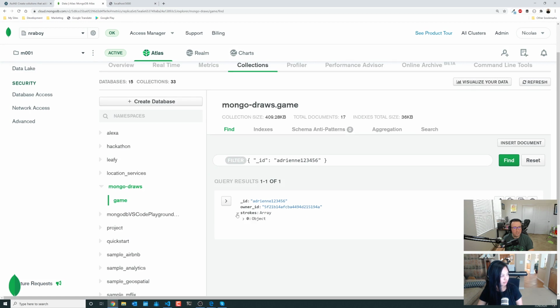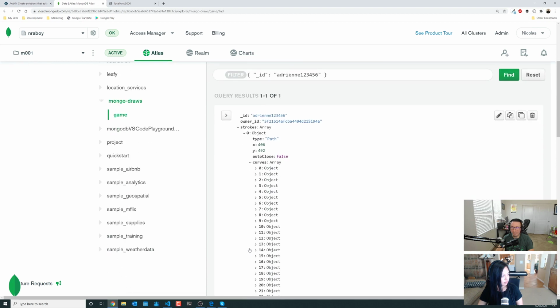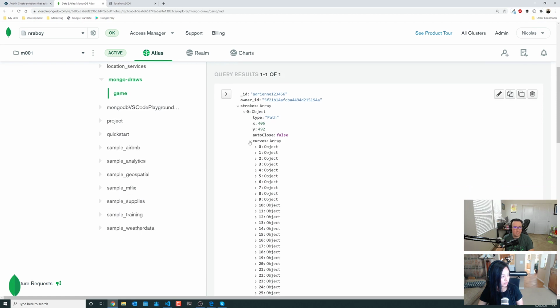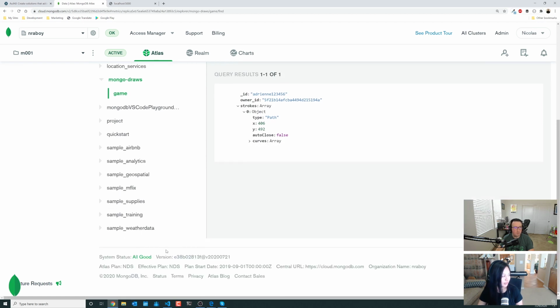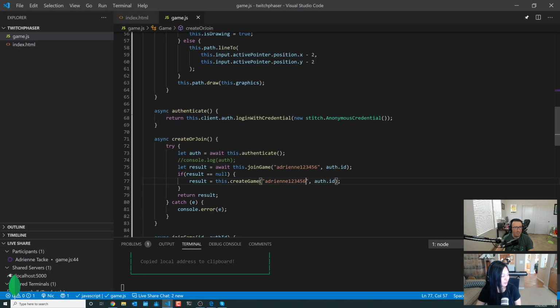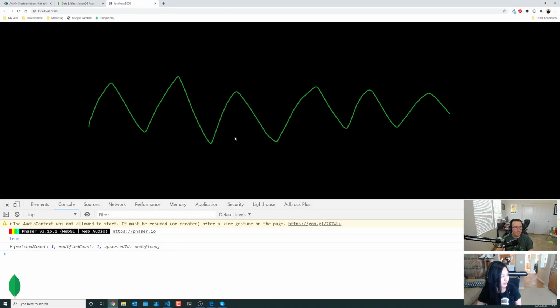Looks good so far. We have 1 stroke. That's good. All right, this is good. We got something. It works now. So that's 1 stroke, as long as it is just a lot of different curves. So if I were to do another one, we should see it.